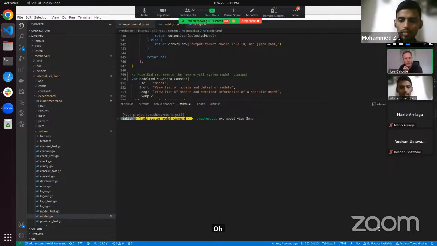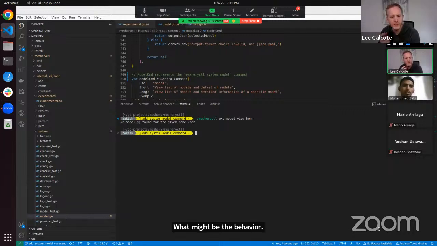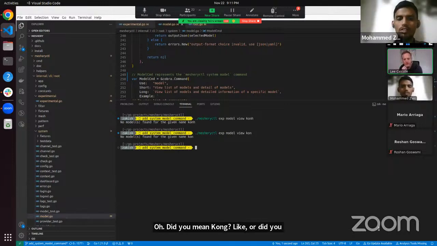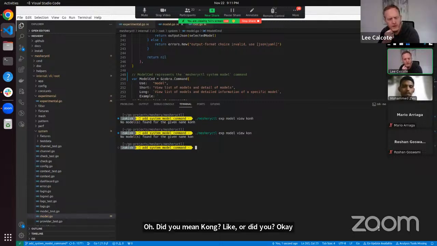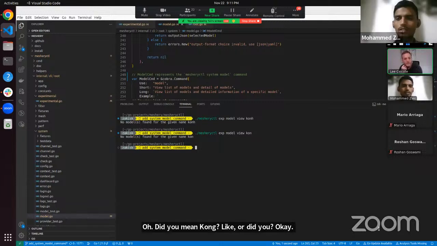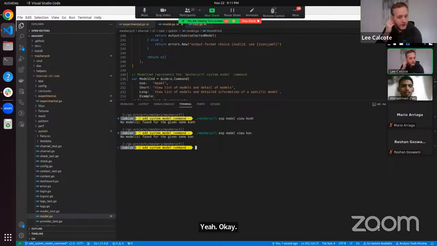It will show a message like no models. Nice. If you remove the H, do we tell anyone, did you mean Kong? We want that kind of functionality. Well, or, I hesitate to give explicit guidance.